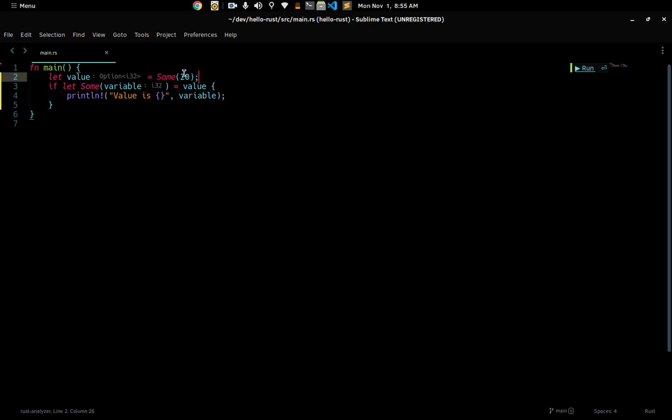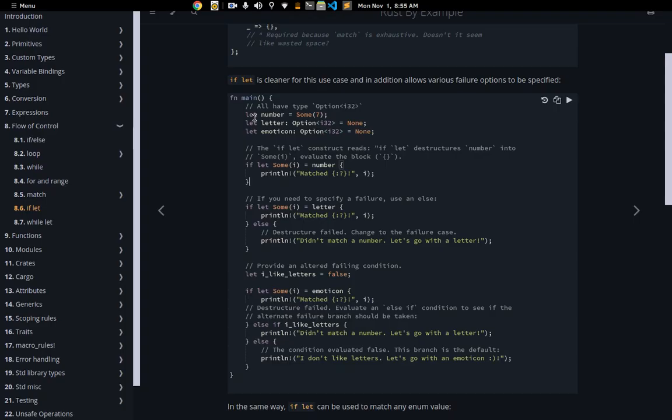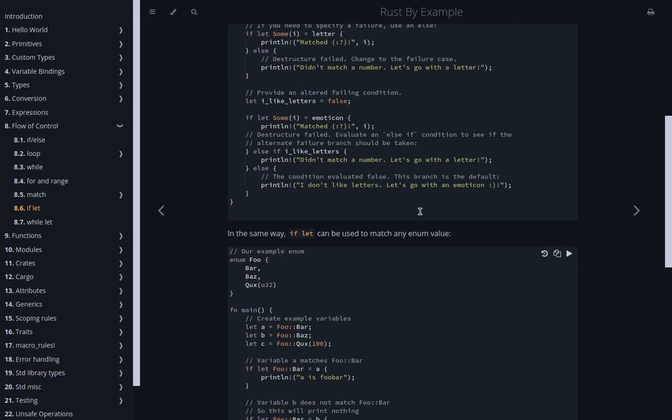So generally you cannot access what is in an option, because the option is an enum and can contain different variants. So it contains Some and None. So if you want to get the values, you can do what is called destructuring by reading what is inside of this enum and then using it outside of there. And that's all you need to know about if let. That's pretty much what if let does.